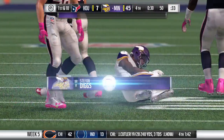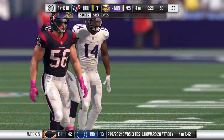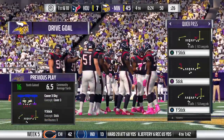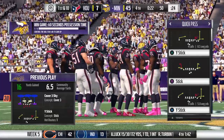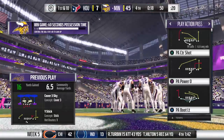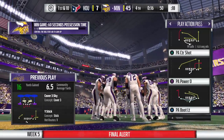So after being silenced a week ago, he's not being silenced here in this one, and you knew a guy like him wouldn't be held down for two straight weeks. Feels like they just decided to game plan early to get him involved and get him off the schneid, because you don't want a week like last week to linger. Just get the ball to him early and